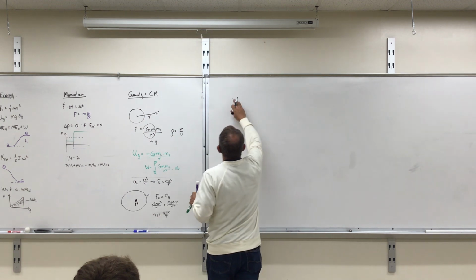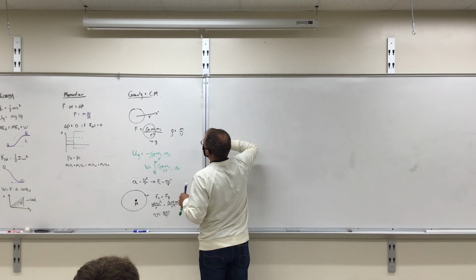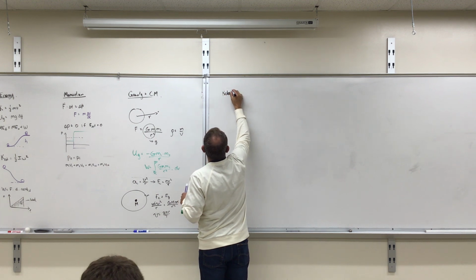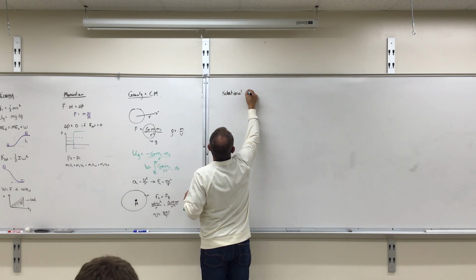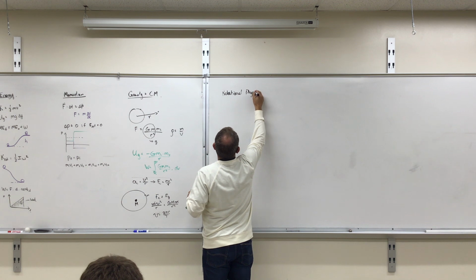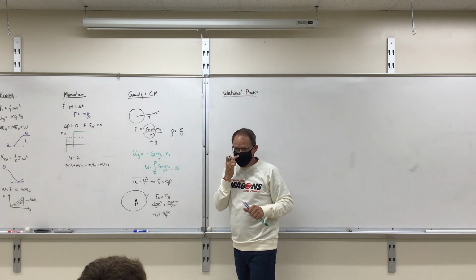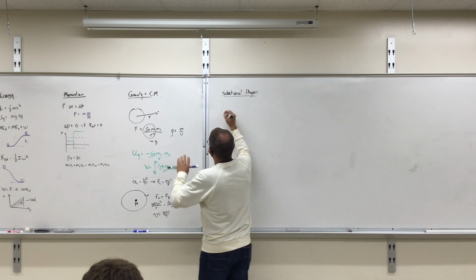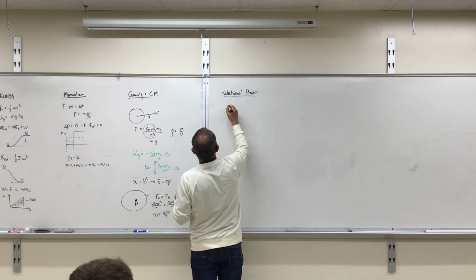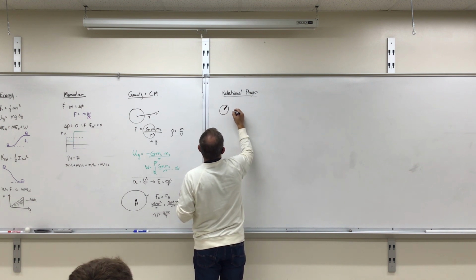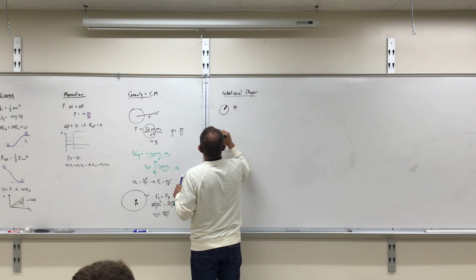So the next thing we looked at was rotational motion. Rotational physics. The idea is that everything we've studied so far can be applied in a rotational world. When an object is rotating, we can describe its rotation. So if you have a rigid object, like a stick, and it's rotating, you can describe how far it rotates